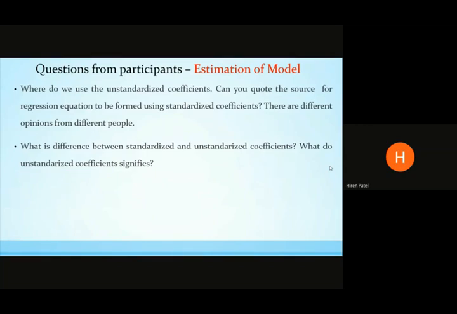Surely I'm going to share some of the materials which will give you a better idea, and you can quote those papers, because these are papers published with Sage and Emerald kind of journals, which are very quality journals by themselves. But to answer your question in this forum, one should understand when to use unstandardized coefficient and when to use standardized coefficient. A simple rule is, whenever your independent variables are not measured by a single unit of measurement, you should use the standardized coefficient.